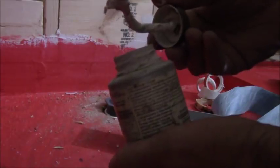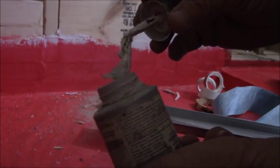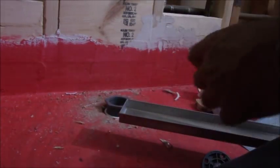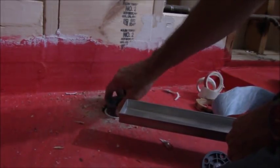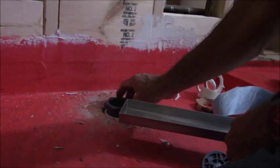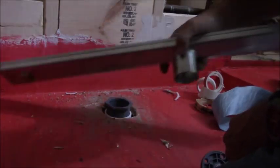Spread some of that out. You could use Teflon tape, but this is going to be easier for you if you decide to do this. Thread that down till where you want it. This is going to stop way before it gets down to the bottom thread. Then